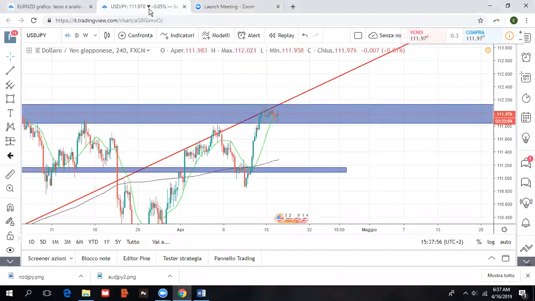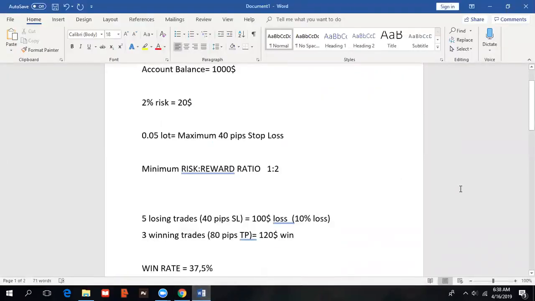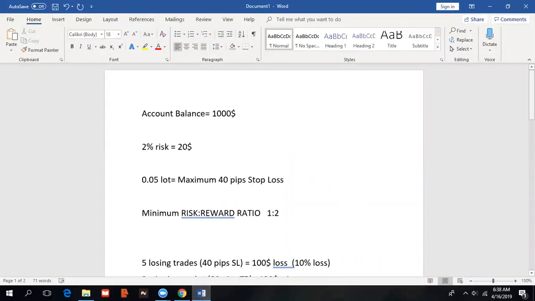Hello everybody. Today we're going to talk about the risk-reward ratio and money management and how to use your stop loss and take profit in order to be successful in Forex market. So first thing we're going to look at is what type of an account you have and what is the risk-reward ratio. So risk-reward ratio is a formula used to measure the expected gains of a given investment against the